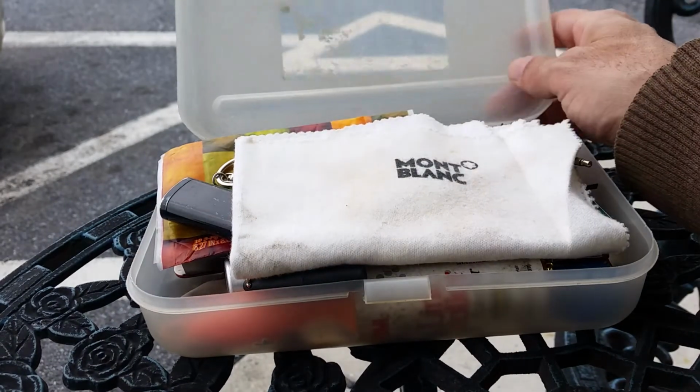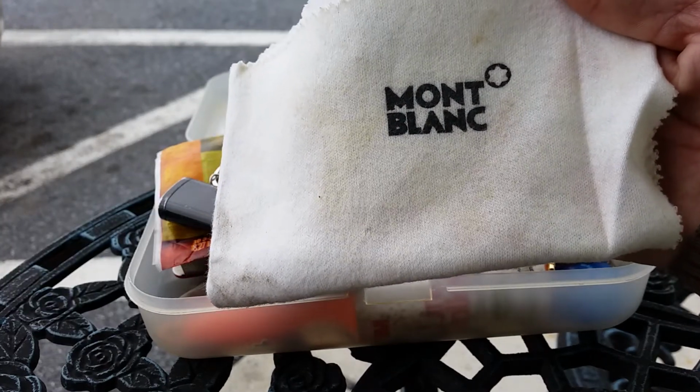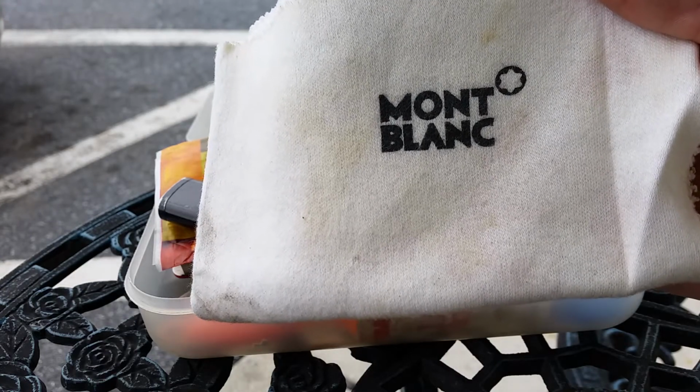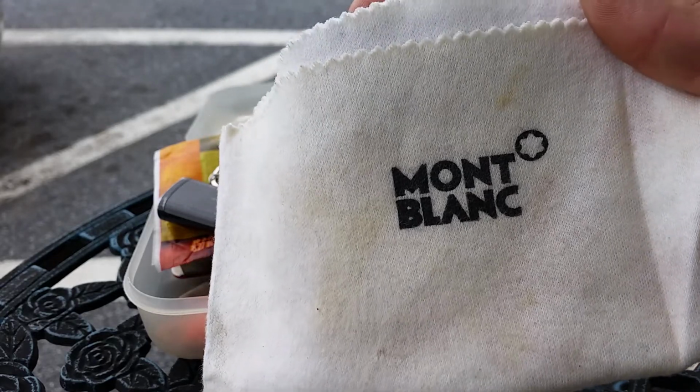When you go to open it up, you're going to look at my dusty Mont Blanc cloth. It wasn't designed for this, but I have so many Mont Blanc pens and I have so many Mont Blanc cloths that I decided to use it for this. Sorry about the background noise, but I am on location. That's bound to happen. This is what I use,